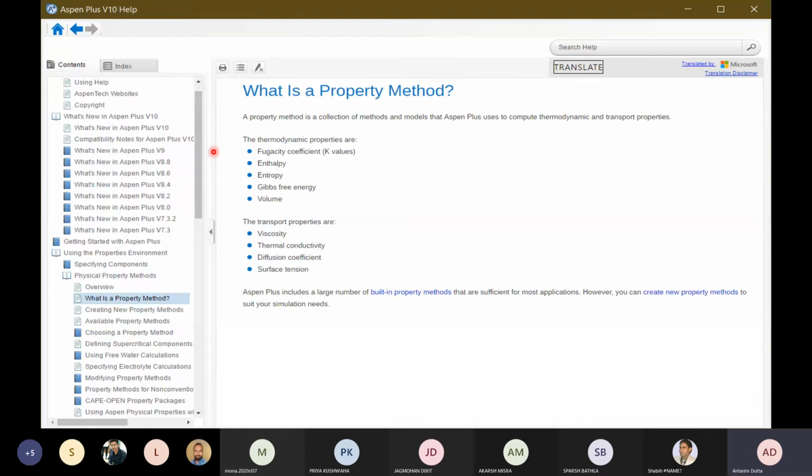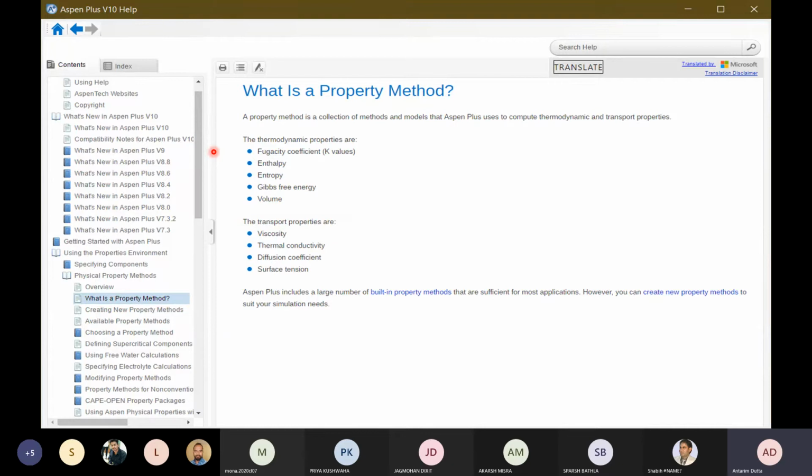So the Aspen Plus V10 help will navigate to that particular keyword that you have selected. If it is present, the Aspen help box will take you to that keyword, or if it is not, then Aspen will tell you that the keyword you have searched for is not present.